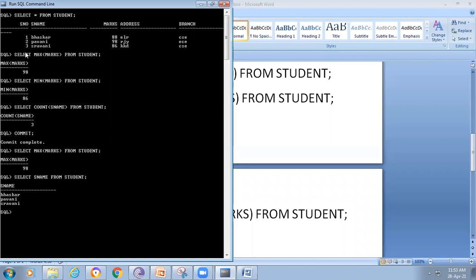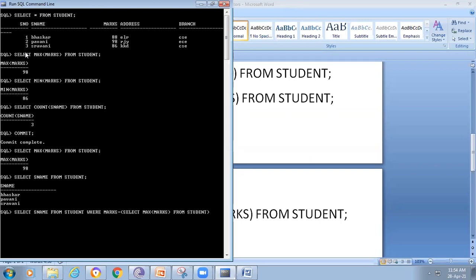Now if I want to combine these two queries, I write the query like this: select S name from student where marks equal to, then select max of marks from student.